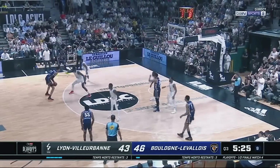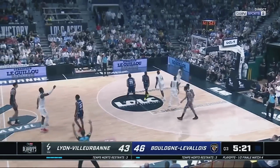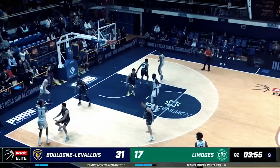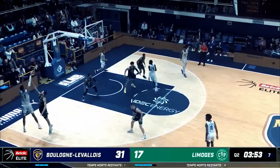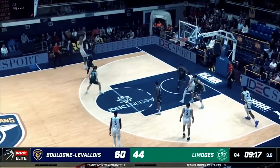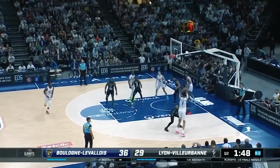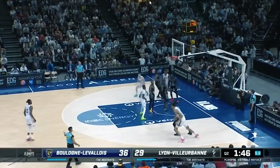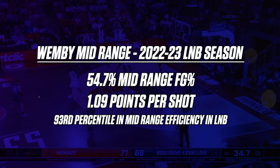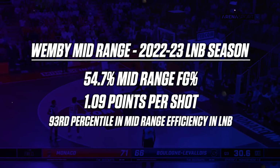Even though his 27% three-point shooting isn't going to be raising any eyebrows off the bat, it's the process of creating these shots for himself that adds to his insane offensive upside, even if the efficiency isn't quite there yet from beyond the arc. But where the efficiency is there already is in the mid-range. Wemby shot 54.7% on mid-range shots during his time in the LNB, making him one of the best mid-range shooters